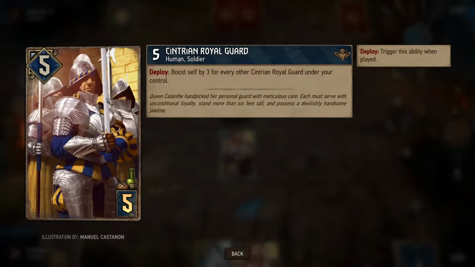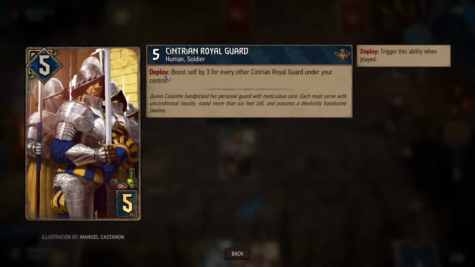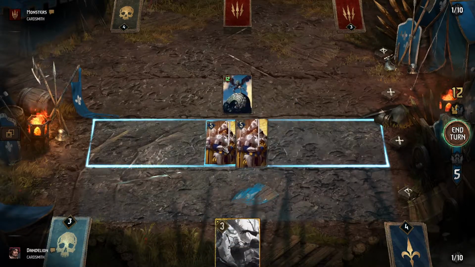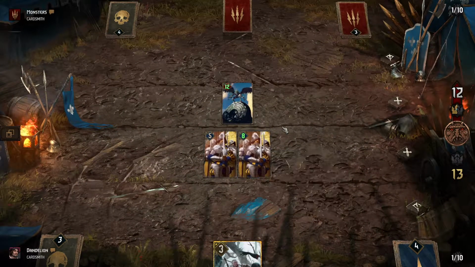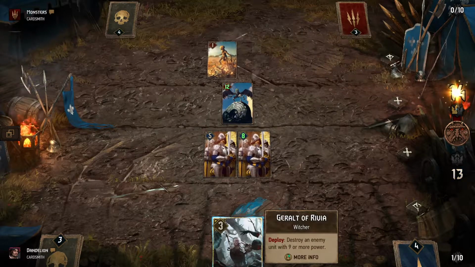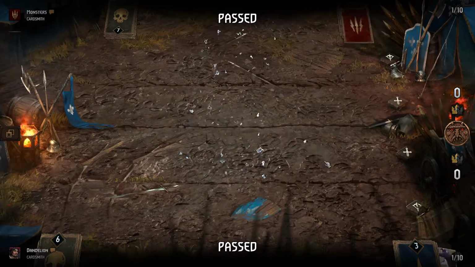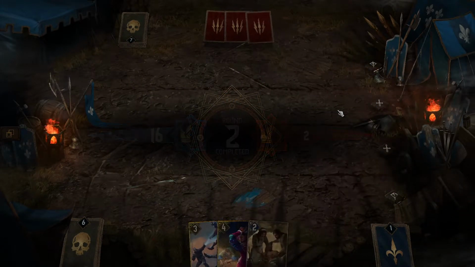We just right click and look at the abilities. This only has deploy keyword, which means it does something when we deploy it, when we use it. So there is another one, so it's boost self for 3 points. And this kills anything that is more than 9 points. This game has 3 rounds and it's based on...